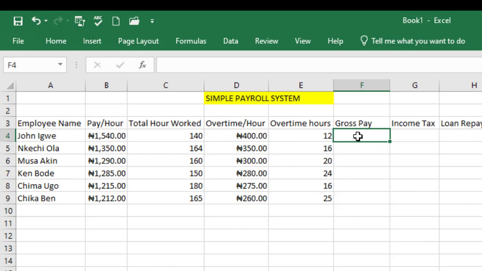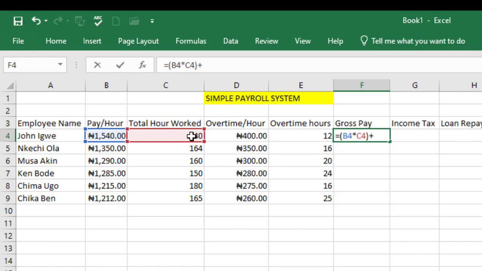So the gross pay of John Igwe should be equals to, Igwe has worked for 140 hours, and this is the payment. So it's a bracket. This is the payment per hour multiplied by the total hours worked by Igwe. Close that bracket, and then we add whatever Igwe obtained for normal working hours to what he obtained for working